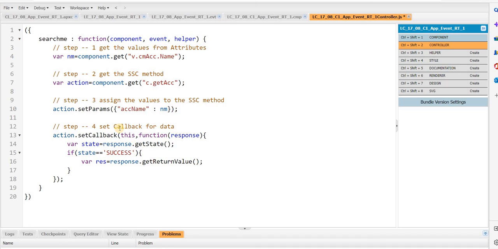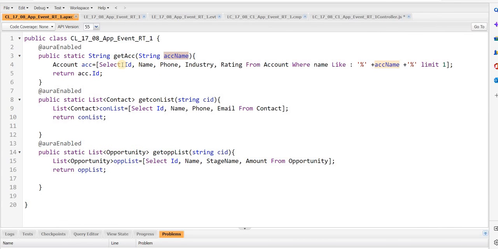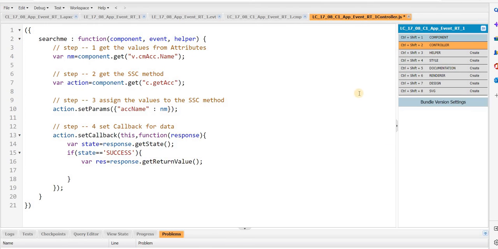Response dot get return value. I must pass this response. Okay, what is this response? Actually, what is the first method returning? The method getACC returns a string. Now I am passing these to where I need to pass to the